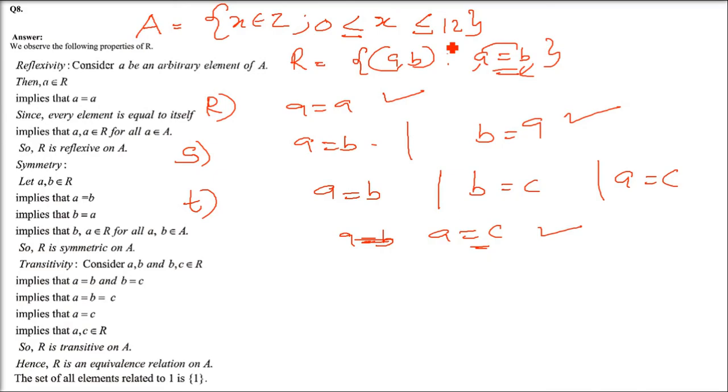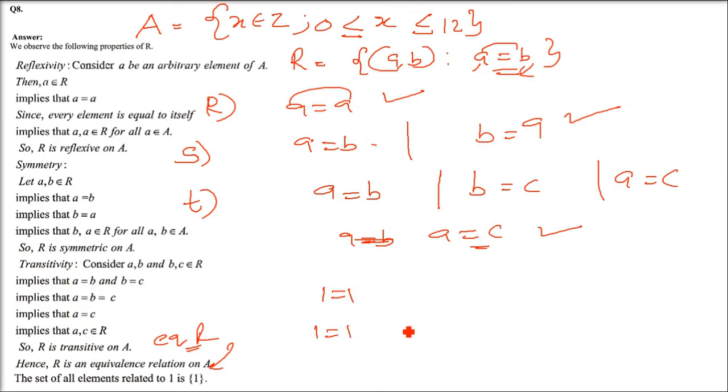Because this is equality, please remember, this is equality, and when you have an equality, you will always get the same number. So when the question asks to find the set of all elements related to 1, you are only interested in 1 and you will only get 1 because it is an equality relation, A equals B. In any way, in any chance, you won't get anything else. So let me prove it. Well, it is very obvious, but in the examination you have to write it.